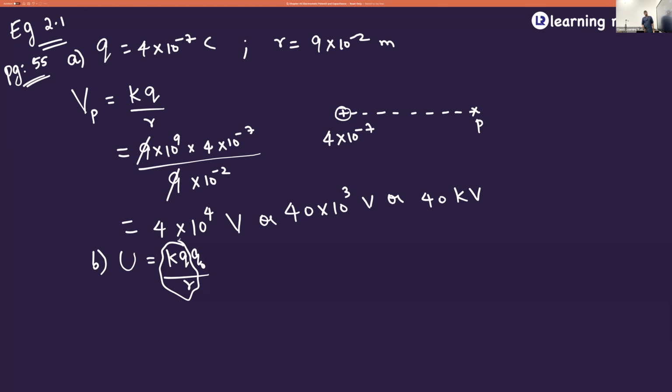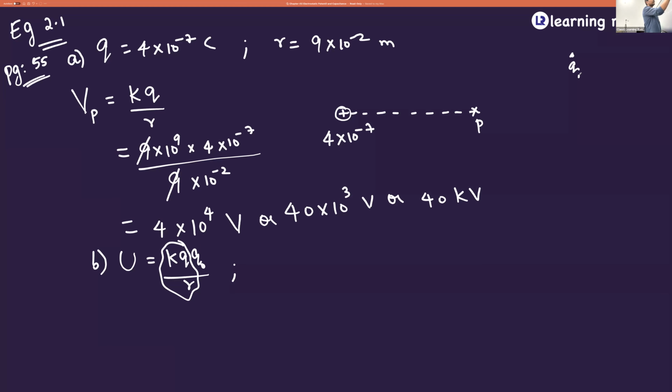Or if you look at this part, this KQ by R is going to be the electrostatic potential. So this Q naught multiplied with electrostatic potential is going to give you work. Since in the previous case you already calculated the electrostatic potential, our job is easy here. You need to take the charge that you move and multiply it with the previous value that you have. I hope it is simple. So both the ways are right. But the smarter way would be, whenever you know the potential and the charge which is being moved, multiply both.